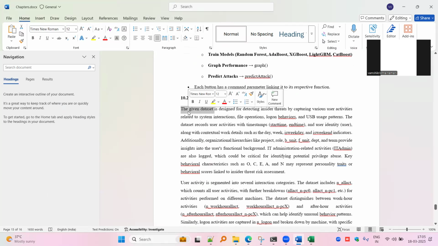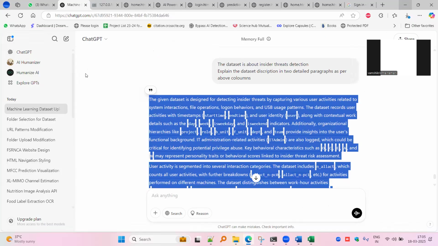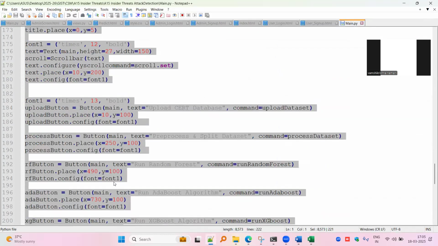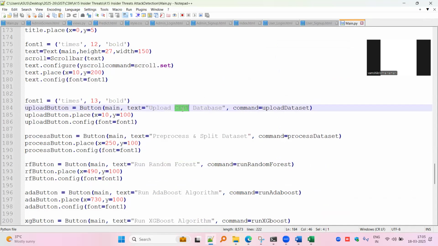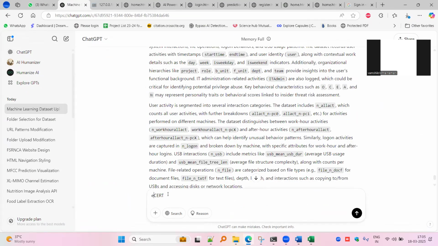Again, the given data set is not the data set considered in this work. If you have a specific data set name, sometimes we may have data set names, mention the data set name. For example, this is the CERT database. In that case, you can ask for the explanation: explain as per the CERT data set